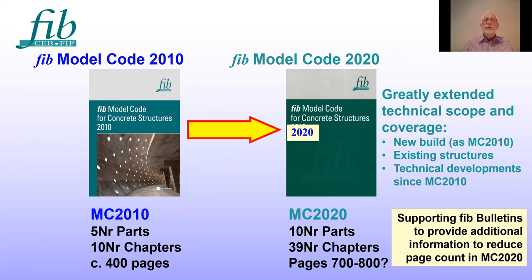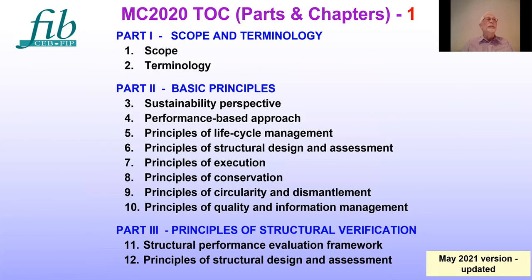The code will be supported by additional FIB bulletins, which will provide supplementary information, and these will be used to reduce the page count and the technical content in the code. Just taking the parts and chapters in the table of contents. Part 1 deals with scope and terminology. Part 2 deals with basic principles. And in chapters 3 to 10, this outlines the sustainability perspective to be adopted, the performance-based approach, principles of life